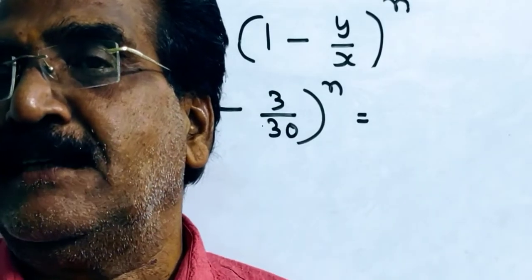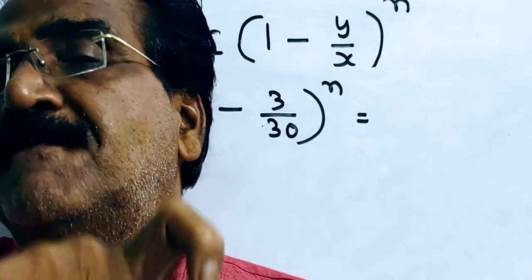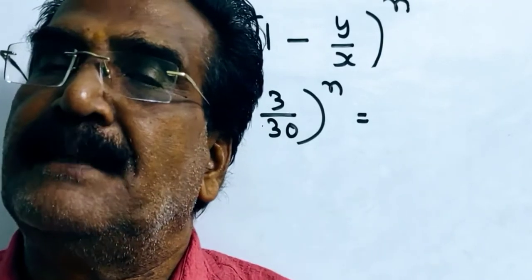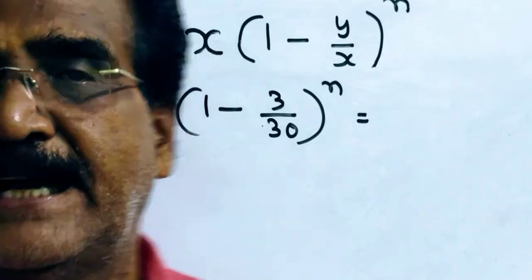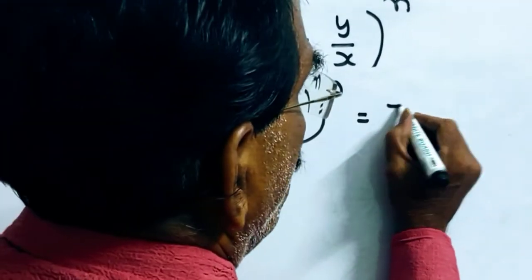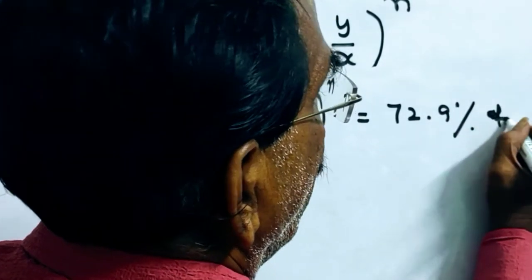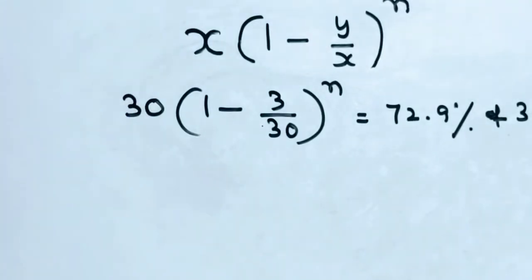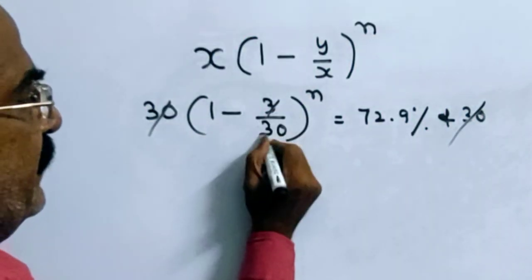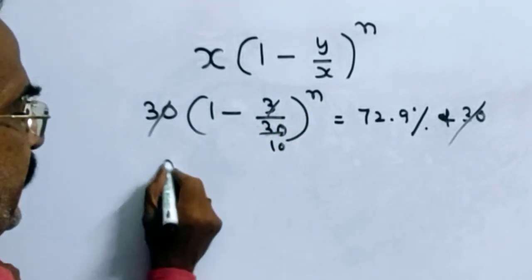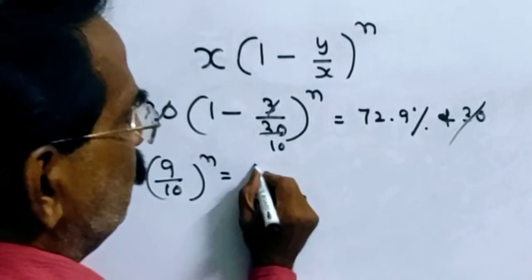So it is given that the milk is reduced by 27.1%. Friends, reduced by 27.1% means the remaining quantity is 72.9% of the original quantity 30. See friends, 30 gets cancelled. 1 minus 3 by 30 is 1 minus 1 by 10, which is 9 by 10. Friends, 9 by 10 whole power n is equal to